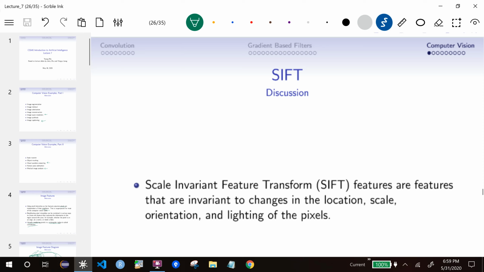This is part 3 of lecture 7. In the previous two parts, we talked about convolution and some special filters that are used to get special types of features. And here I want to introduce you to two of the important feature transforms that are used to generate